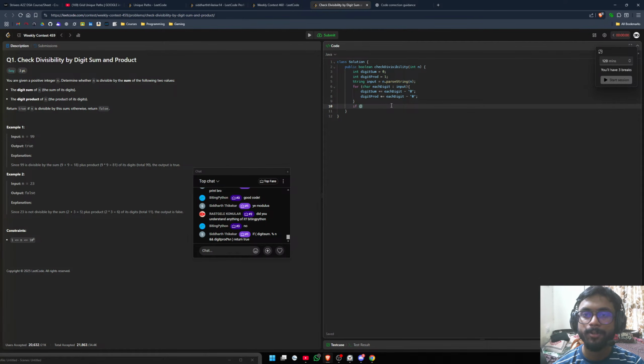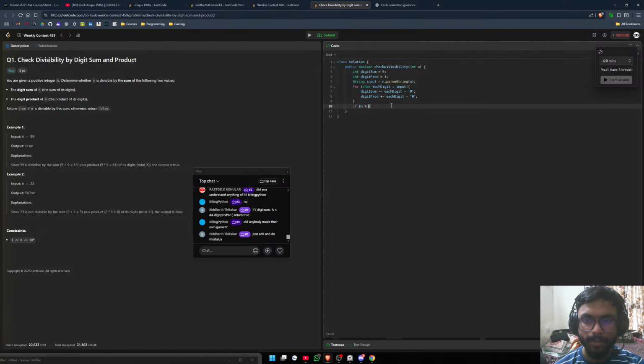So if digit sum, no, if n is divisible by n divided by digit sum equal to 0, and